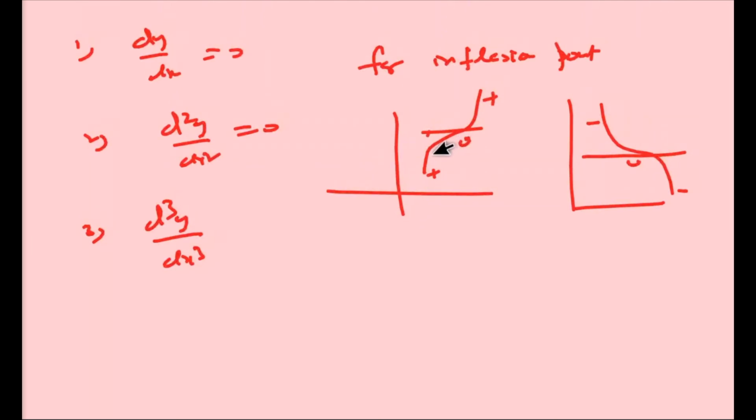Now you can see here, if d2y by dx square equal to 0, then d3y by dx cube is either positive or negative. If it's positive to 0 means negative, or if it is negative to 0 means positive. So if d3y by dx cube is minus or plus, means function is